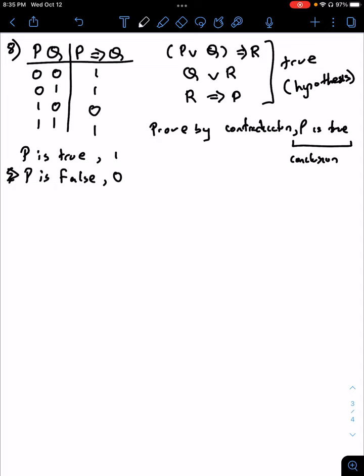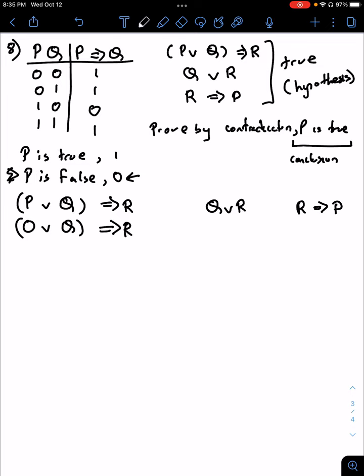So, now what do we do? Okay, so P, pretty sure that's an OR. P or Q implies R, right? And then you have Q or R, and then you have R implies P, right? All of these statements are true. We already know the value for P. The value for P should be 1, but since we're proving a contradiction, we're going to go with 0, right? So 0 or Q